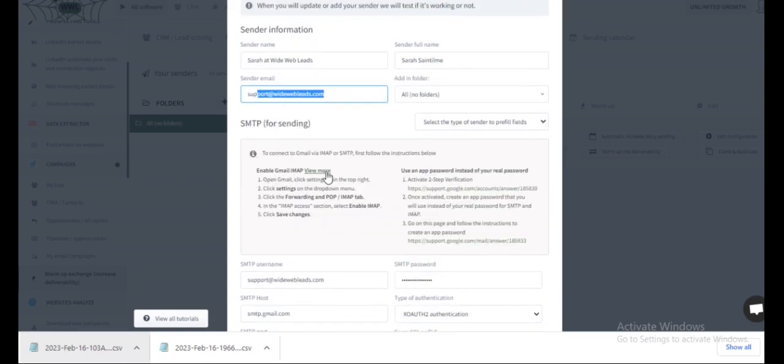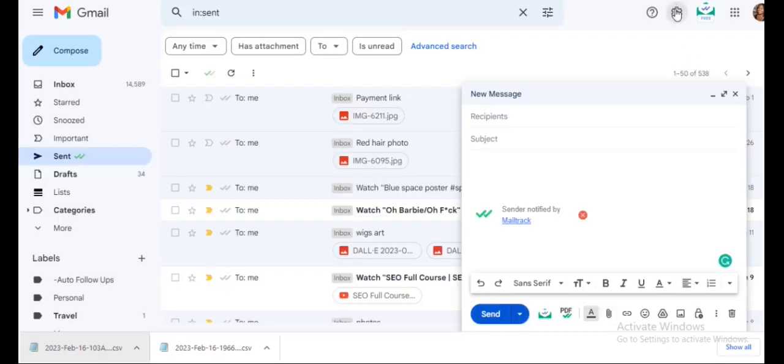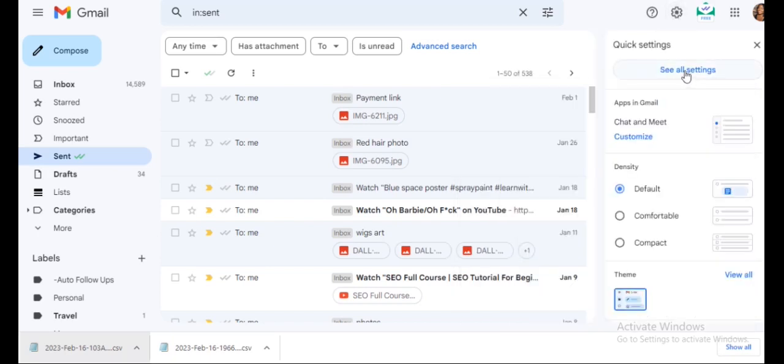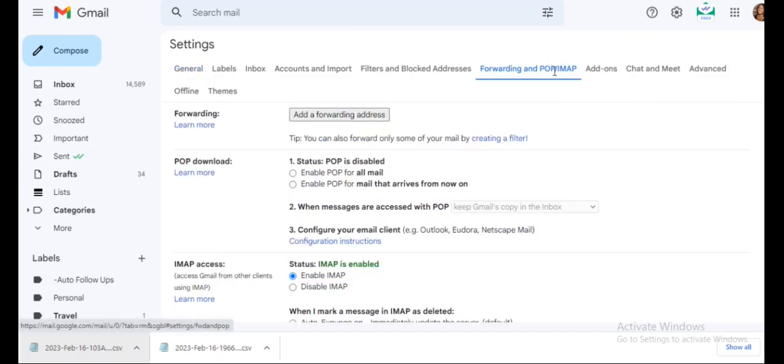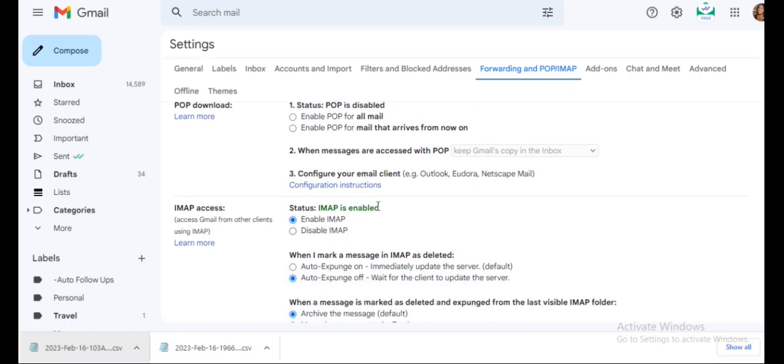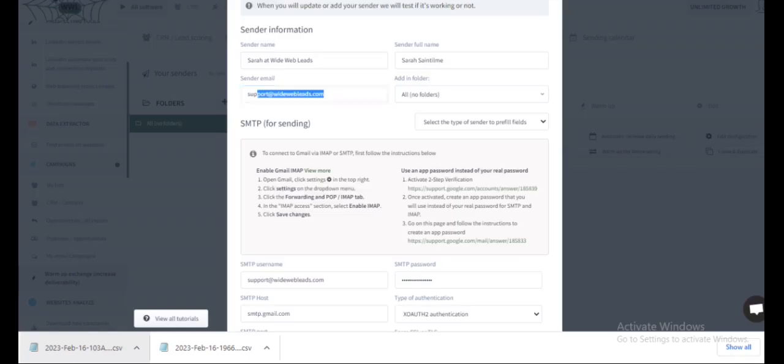So you want to go to Gmail, click the settings, click forwarding. So here you go to settings, see all settings, then you go to forwarding, IMAP, and the IMAP is enabled here.